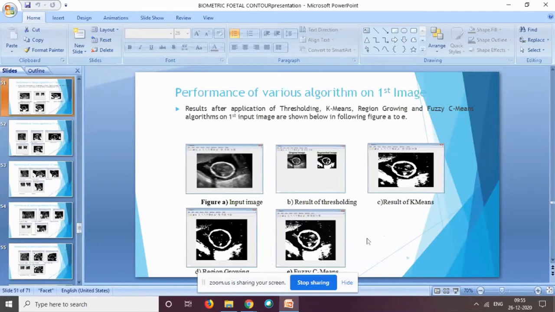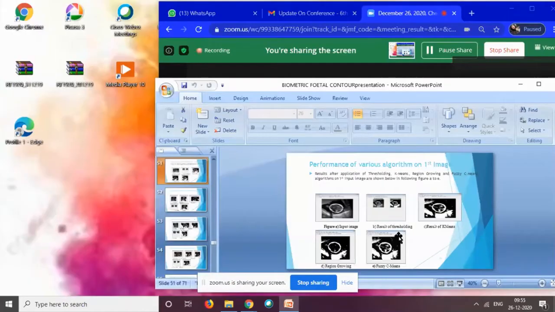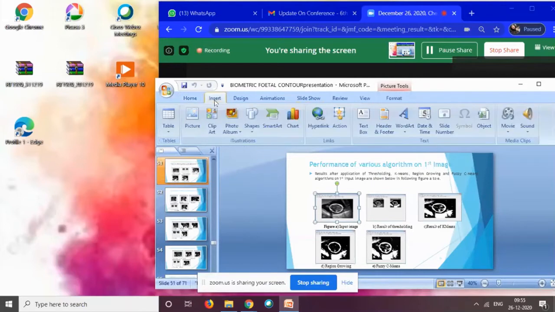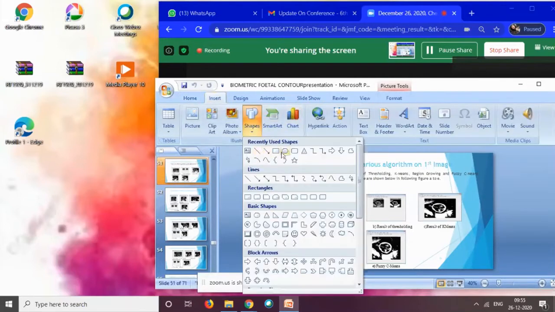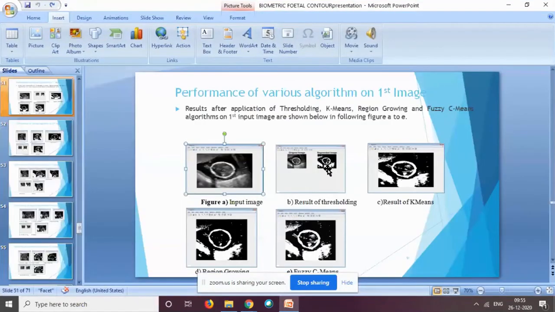When I applied thresholding on that, I got this region. I don't want these boundaries because these are not the area of interest. I'll annotate it. Okay, so this is exactly what I want here. I want exactly this part only. I want this circular part to be extracted from my image, rather than extracting all the background part of the image. So I'm expecting the circular part of the image.